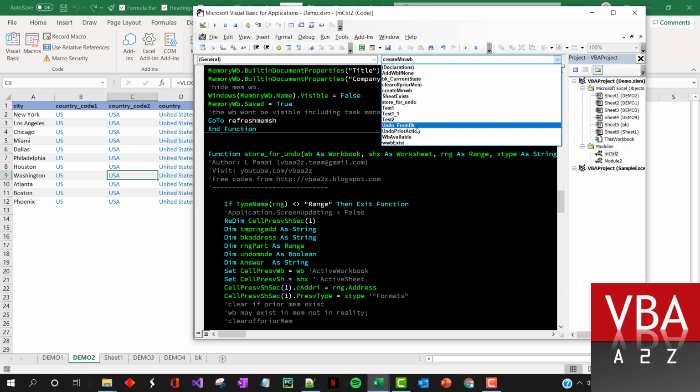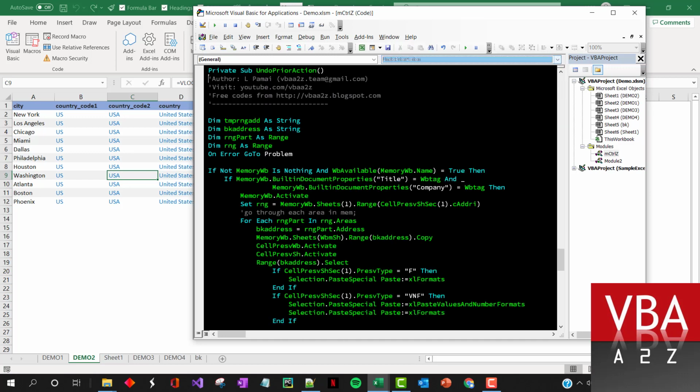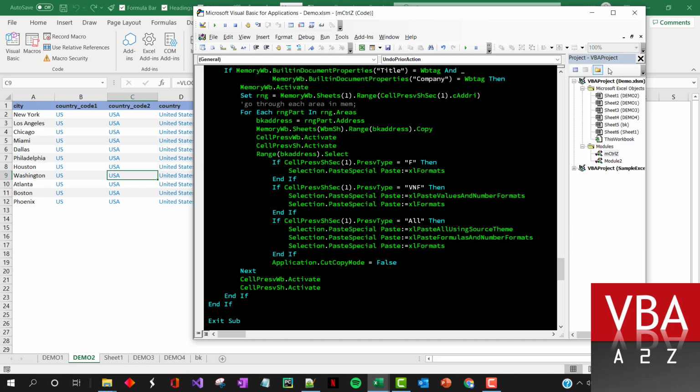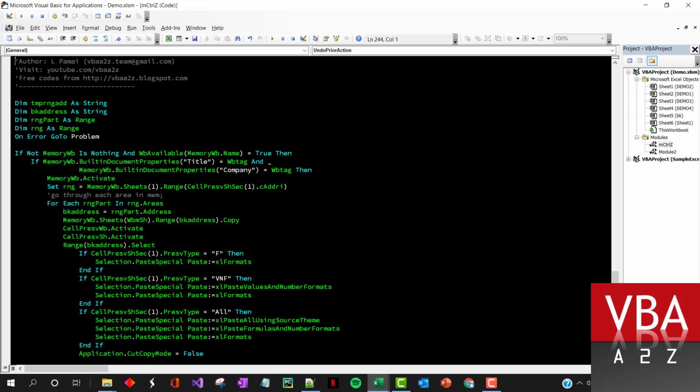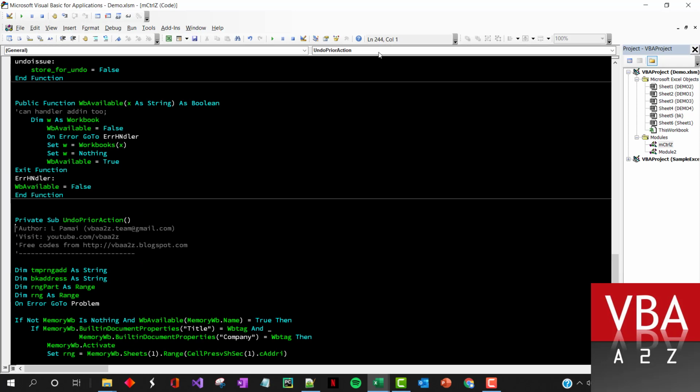Undo backup from this is the reverse, undo prior action. This is basically the tagging part, and then undo prior action will be the actual code that runs to back up the data. This is a longer version of what we have basically just done. Okay, and then